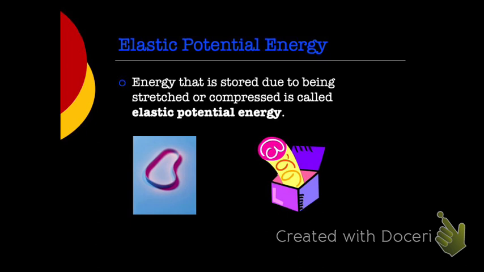All right, the last type of energy that we're going to talk about is elastic or spring potential energy. This is energy that's being stored in some sort of spring or coil. You've got it probably in a pen that clicks. You've got springs that hold up your car to make it ride smoother. There's springs in all sorts of toys, and in rubber bands. What's the toy called? A slinky. That's a spring, even though it doesn't have a lot of spring to it. Those are all examples of elastic or spring potential energy.